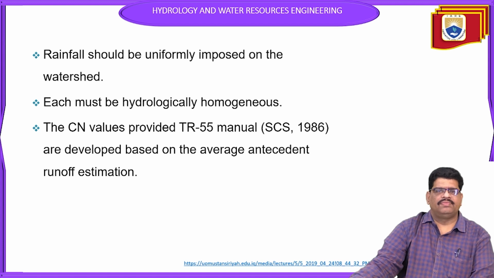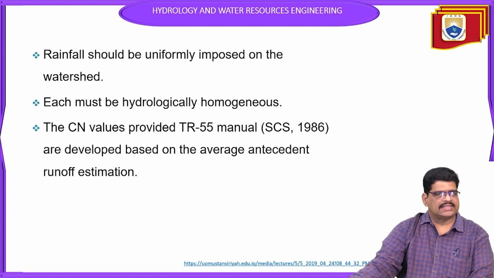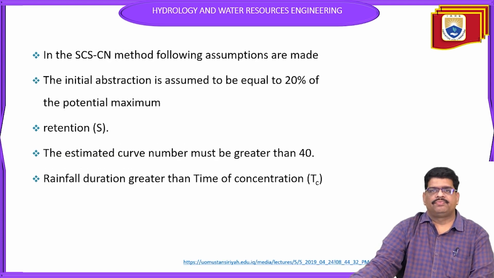TR55 is also one of the methods for calculating runoff, whereas when compared with TR55, the SCS-CN method is the best method for the calculation. Not only that, it is an accurate method for the calculation of the runoff. Next,